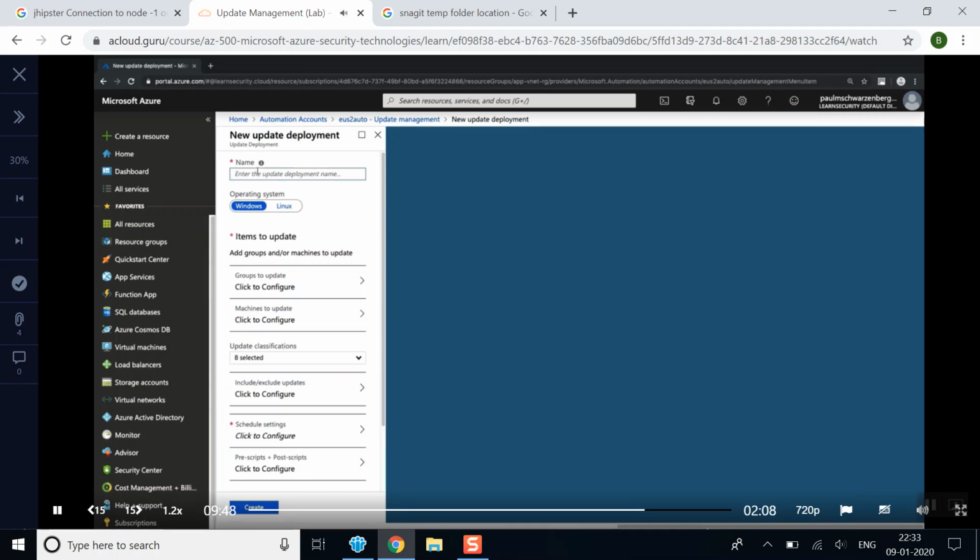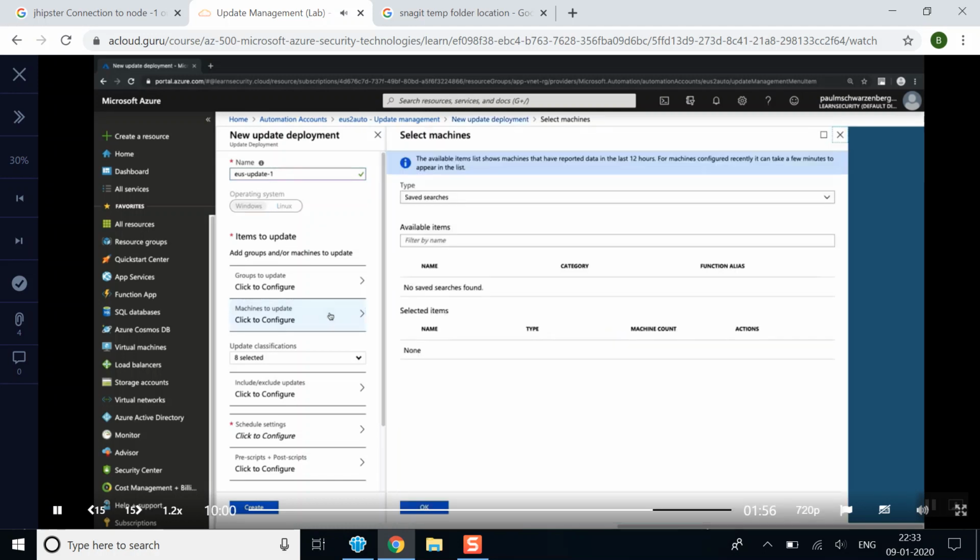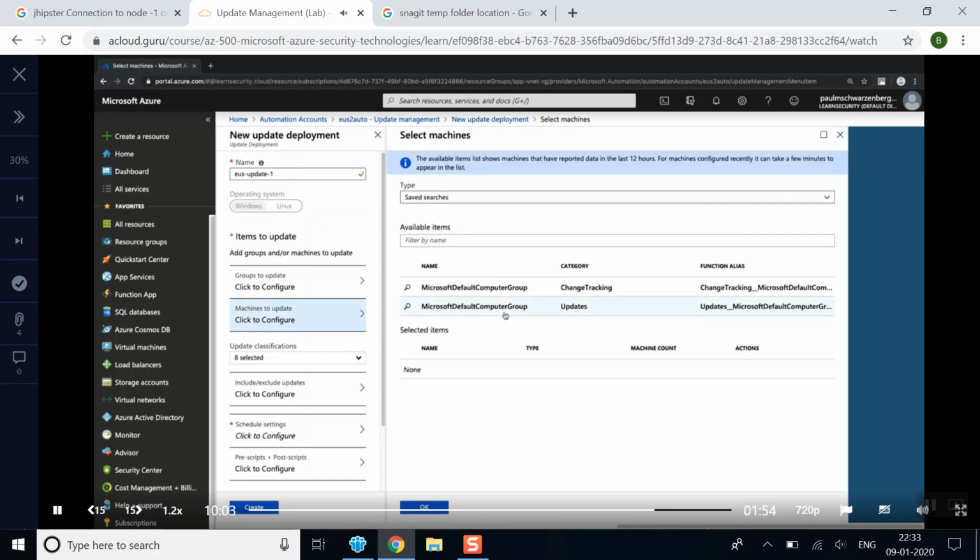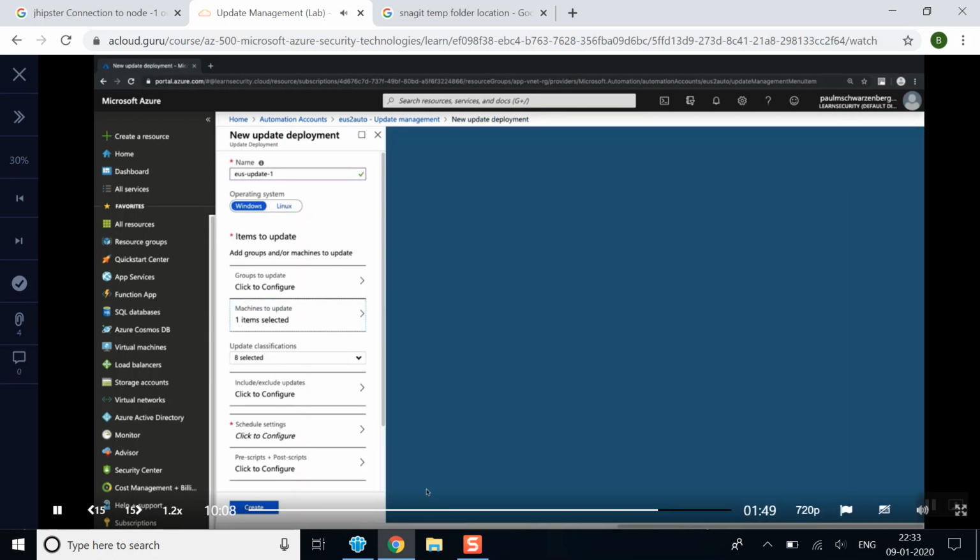Choose a name for your update deployment. EUS Update 1. Leave the operating system as Windows. Select the machines to update. Select the updates category and OK. Leave the update classifications as all